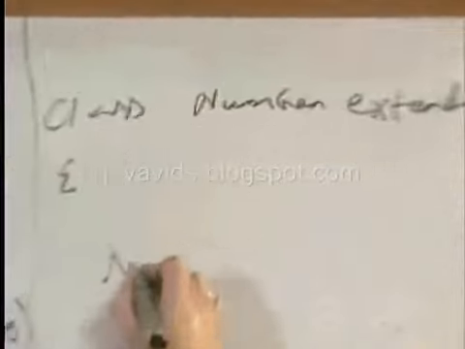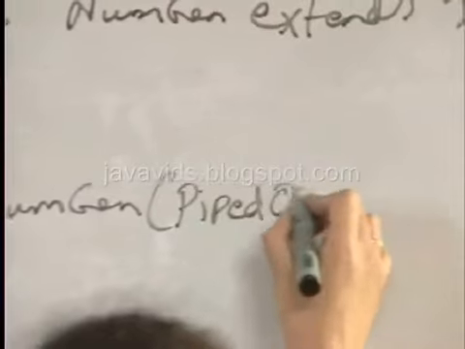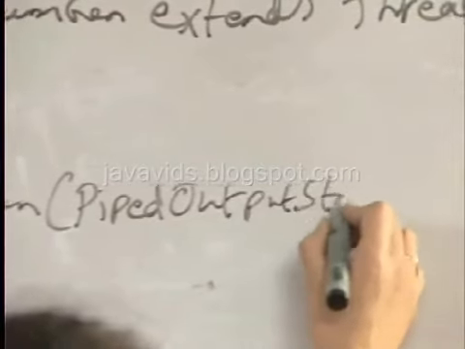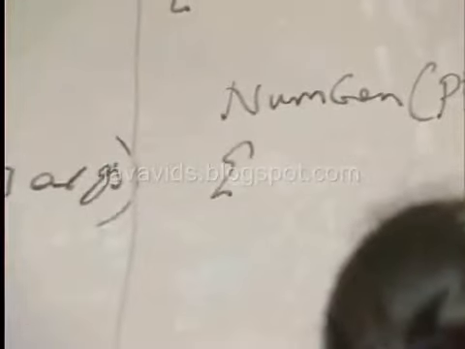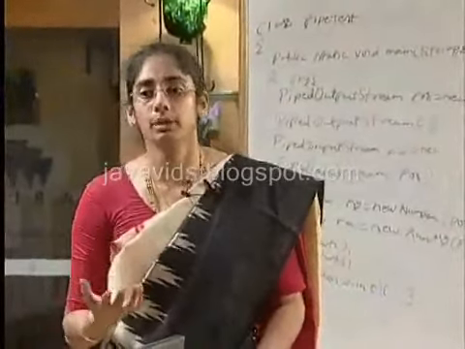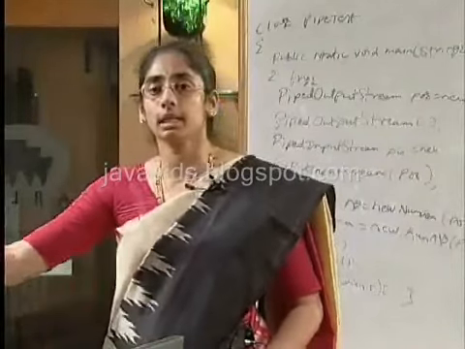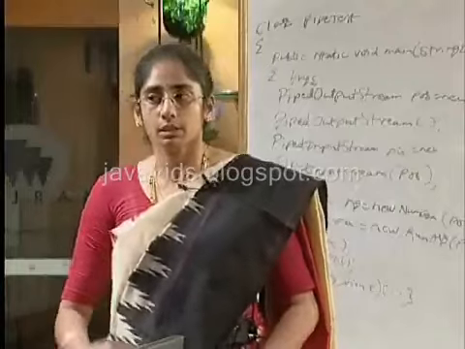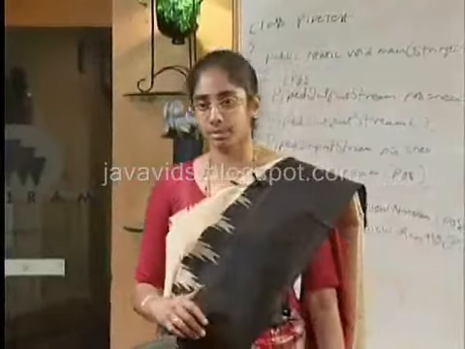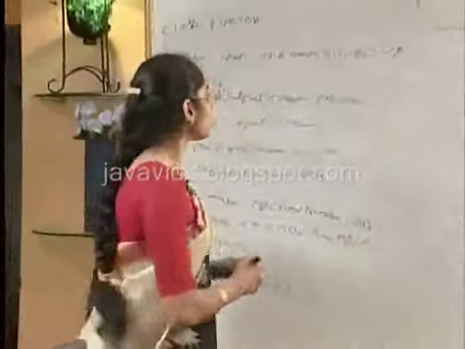Now let's look at number generator. We need a constructor here which takes the piped output stream object. Now the type of random number that we are going to generate here is a double type, and we would like to write a double value into a pipe, and on the other side we would like to read it as a double value. So to read and write as a double data type, we need to make use of the data input and output stream classes. So we're going to declare a